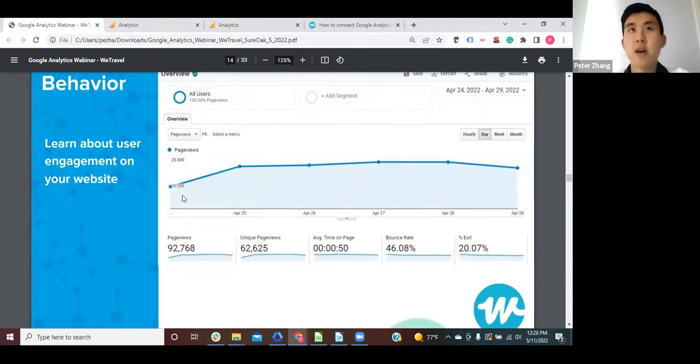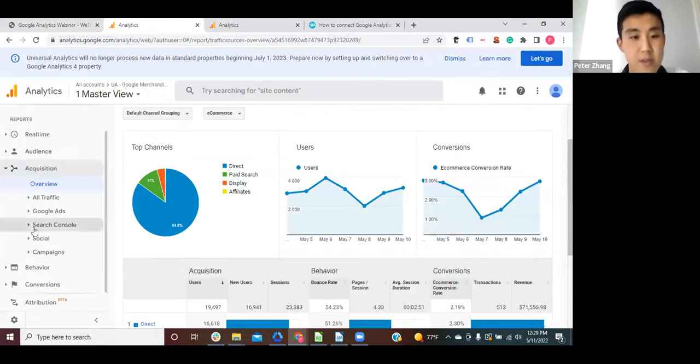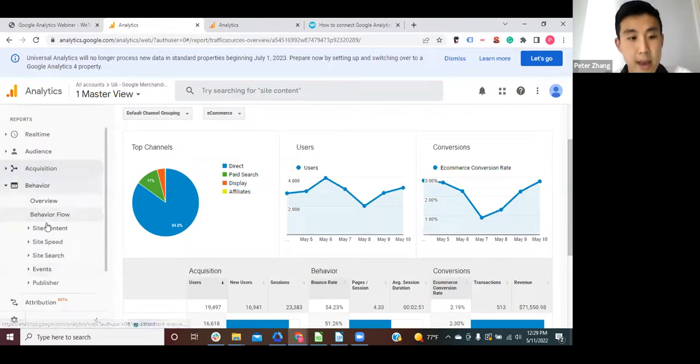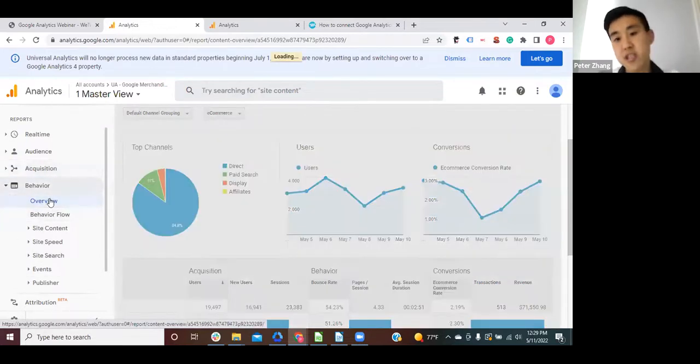We'll be able to look at events that happen. So that's the actual actions people are taking on your site, and have a better understanding of how people are perceiving the way your website is set up. And so with this, we go into the overview section.